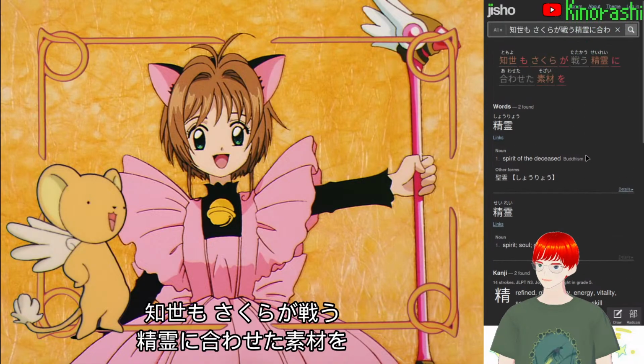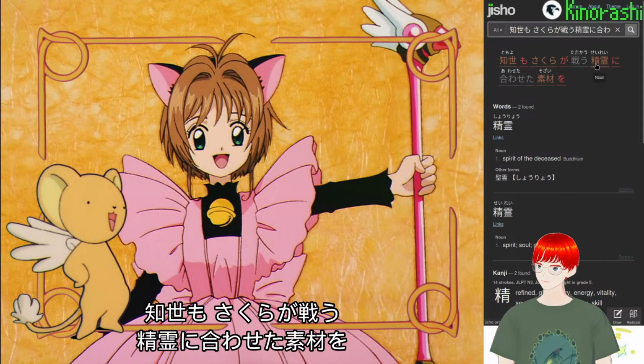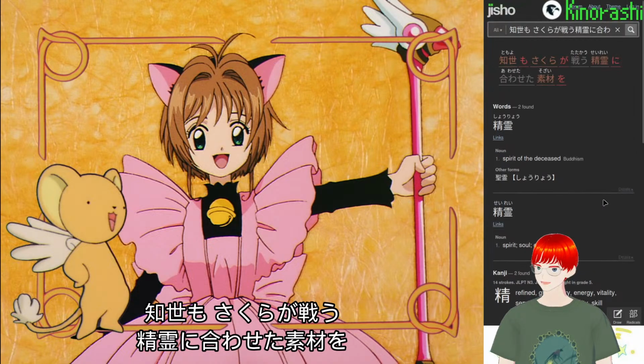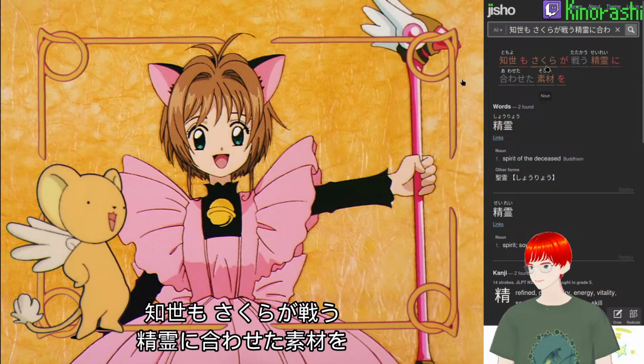Spirit, soul, ghost. Let's see. Refine, ghost, fairy, energy, excellence, purity, skill, spirit, soul. Okay, so let's see. As for Tomoyo as well, Sakura's